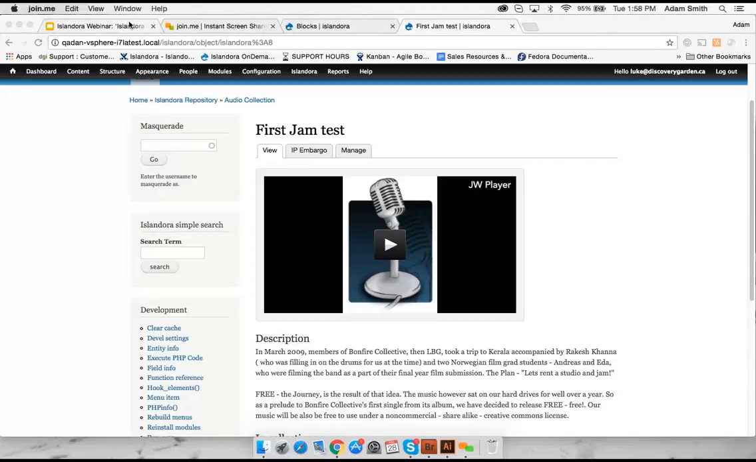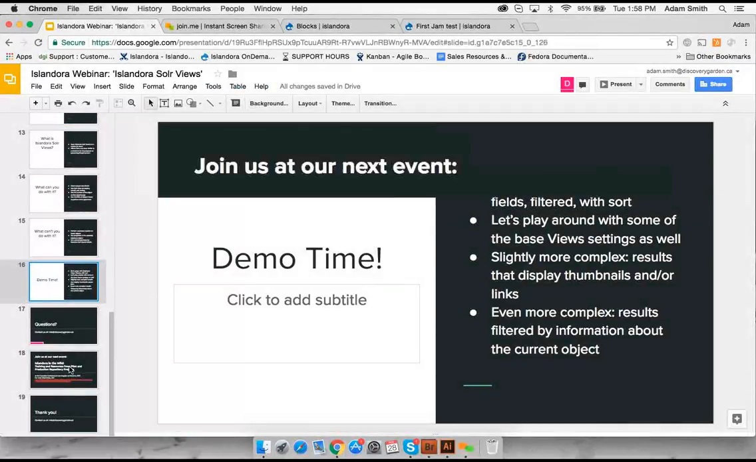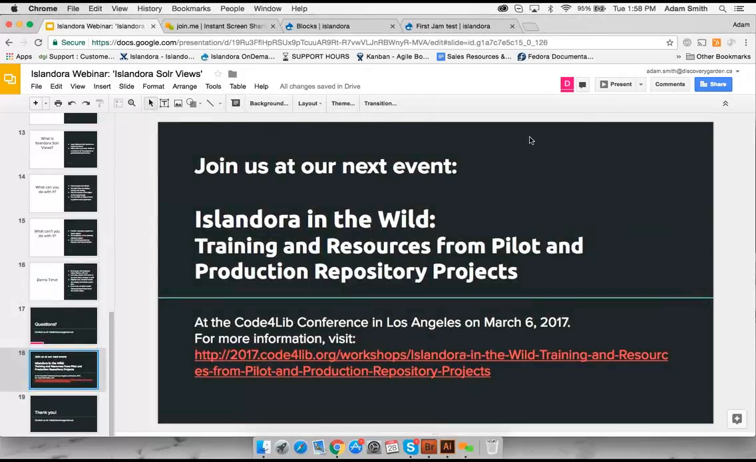Views is pretty strange and powerful stuff, to be honest. It's a way to turn Solr into page generation, which means it's extremely powerful, and there's a great deal that you can play around with it to make it do interesting stuff. So if you are curious about